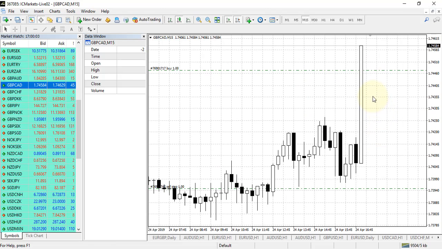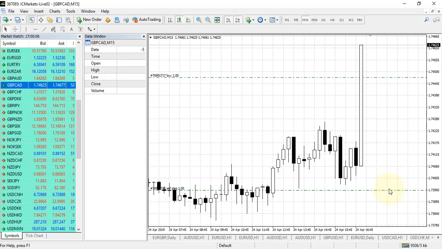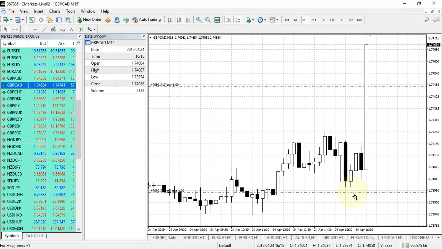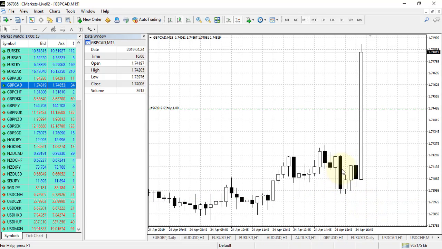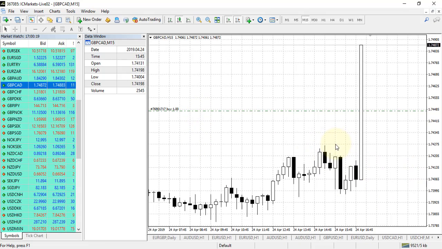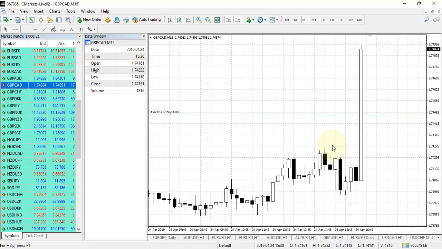So off we go. There we go. We have our buy trade, which has been triggered. So we are going to delete the sell order. As I said to you before, you see we have a very bad fill. We were supposed to be filled at the top here. We got filled far away. So what we do now is we will